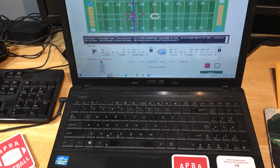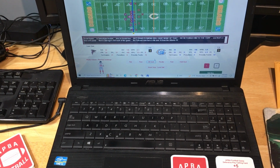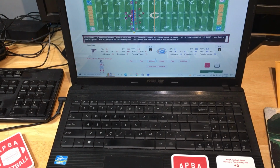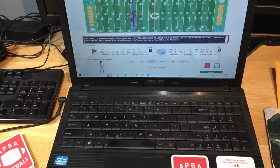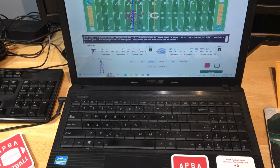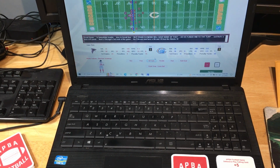We have a pretty good ending here to this 1976 contest between the Atlanta Falcons and Chicago Bears. It's at Soldier Field, and right now the Bears trail the Falcons at home 28-24 with 6 minutes to go. Bears just sacked Falcons quarterback Scott Hunter for a loss of 8, forcing a Falcon punt here with 6 minutes to go. So we're using the newer 76 set with the